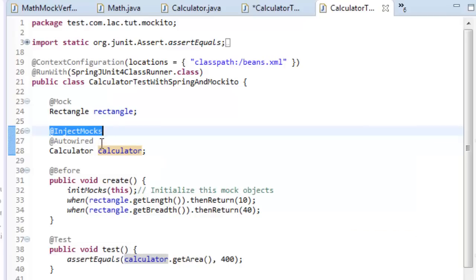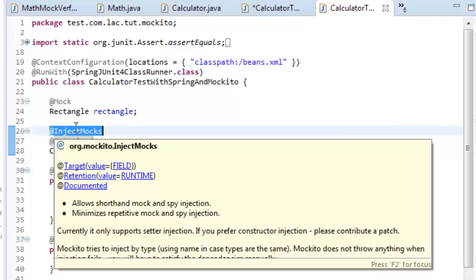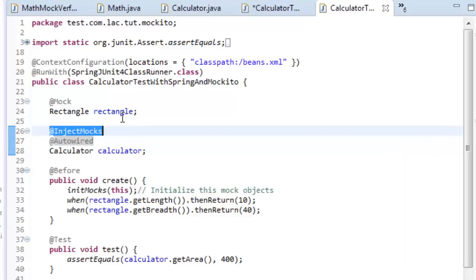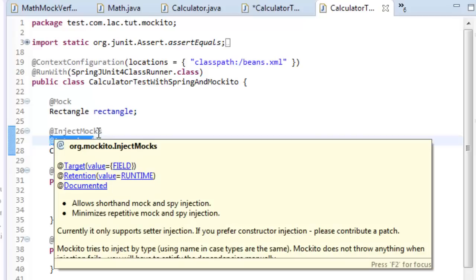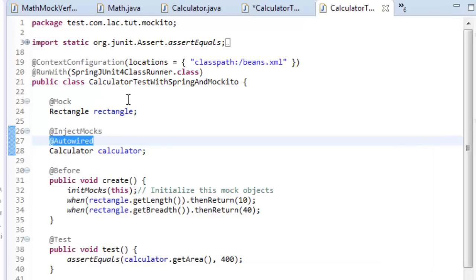The annotation which I need to emphasize here is InjectMocks, where the mocked objects are going to be injected into the beans that are created by Spring. So if you see here, I don't create a calculator bean and I don't set the rectangle object to it. The entire thing is taken care of by the Spring framework.